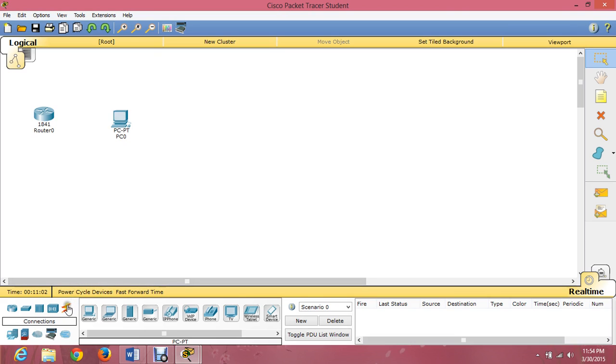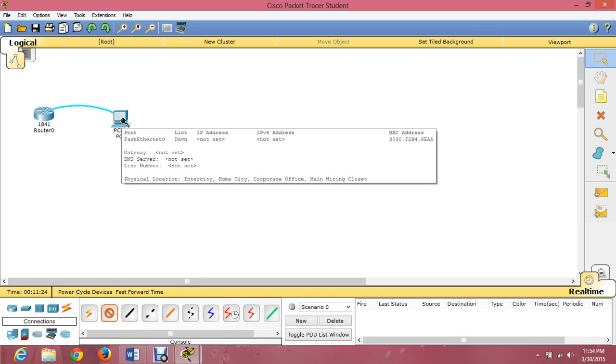Next, we select the connection on the device and choose the console cable. It's blue in color. Just choose it and put it on the router. Choose console and put it on our computer.